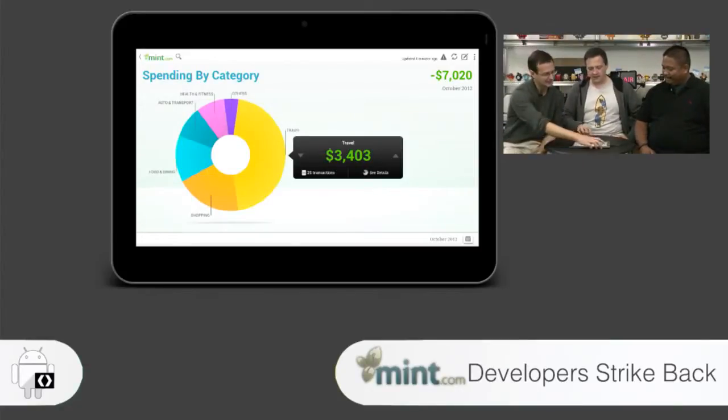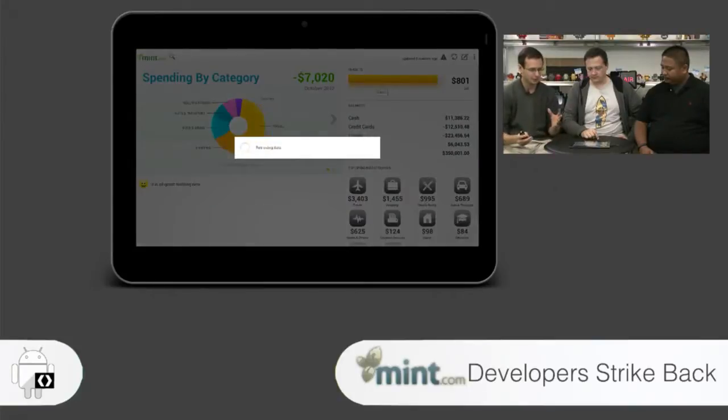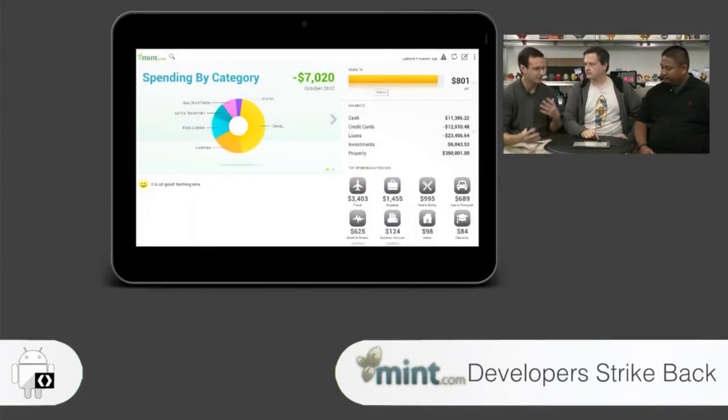Very cool. All right, so I guess the two questions I had. The first one is, you already had a phone app and a website before you had the tablet app. What would you say is the biggest change that you've made in order to make something which was really a great tablet experience as opposed to the phone version? And more than that, what was the result? What did you do, and how has that affected your install rate or your engagement or any of those sorts of things?